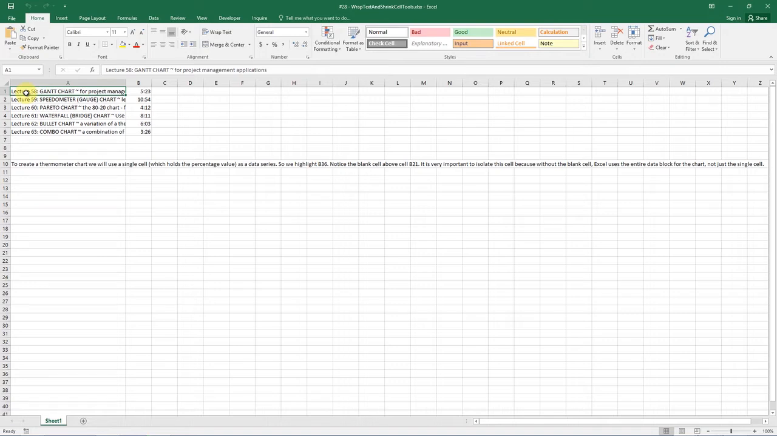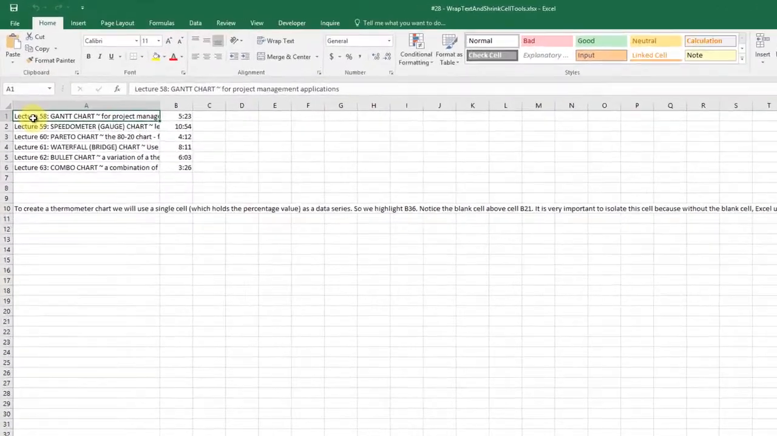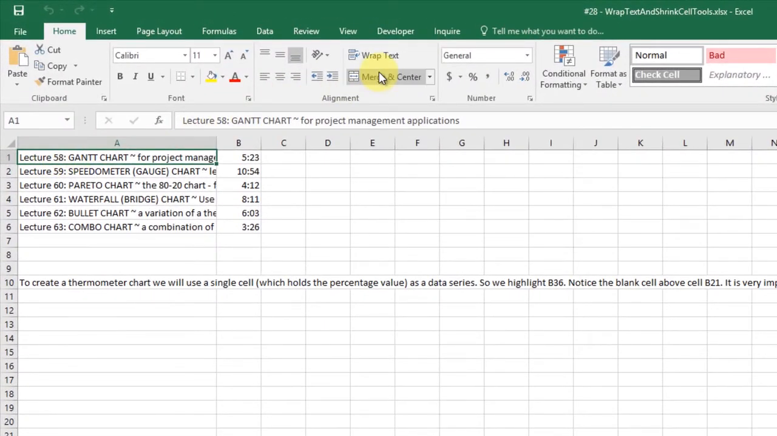Wrapping text means showing the cell content on multiple lines rather than one long line. This will allow you to avoid the truncated column effect, make the text easier to read, and a better fit for printing. Let's try it. Highlight cell